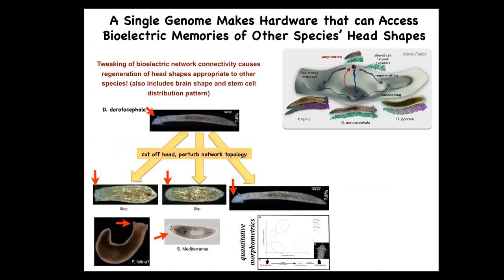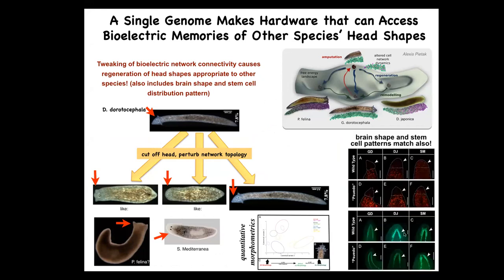Not only can you control the number of heads, you can control the shape of the heads. These triangular headed species are perfectly happy to make a flat head like a P. felina or a round head like an S. mediterranea, about 100 to 150 million years distance between these guys and these guys. But they're okay making the brain shape of these animals, making the stem cell distribution of these animals, visiting the attractors in anatomical state space that normally belong to these other species. This hardware can go there too. It just normally doesn't. So you start to get an idea of this latent space of possibilities around what a given genome does, and of communicating the right path to these cellular collectives via bioelectrics.